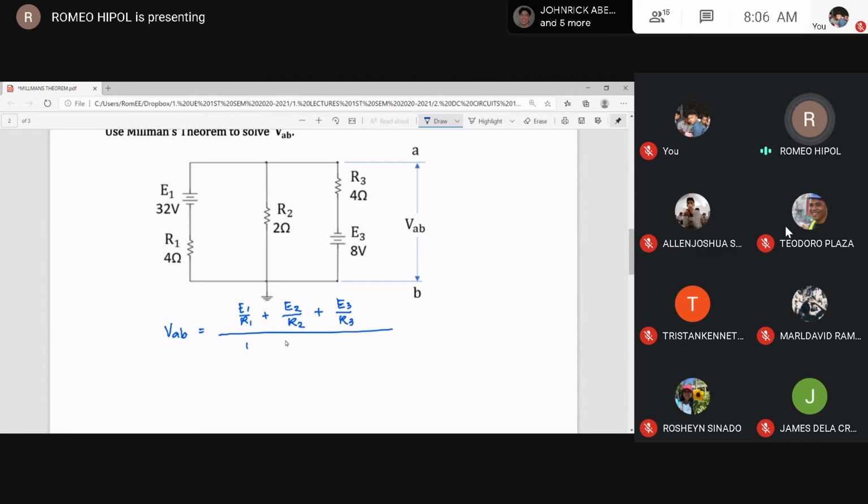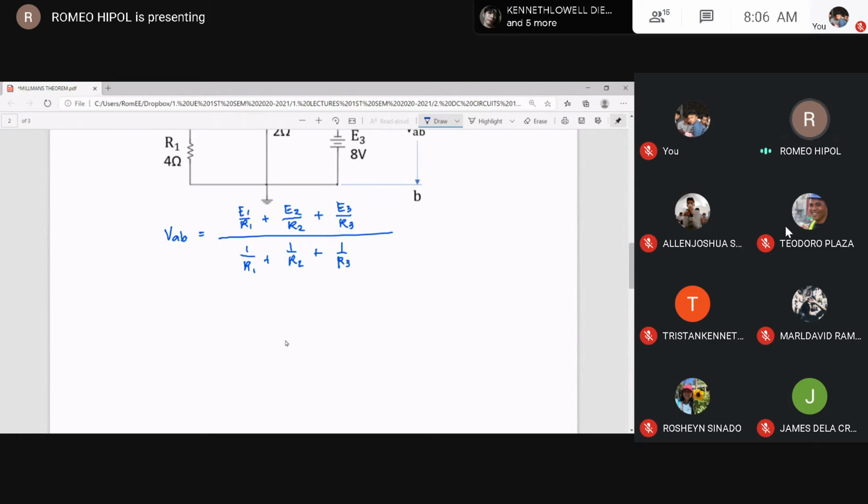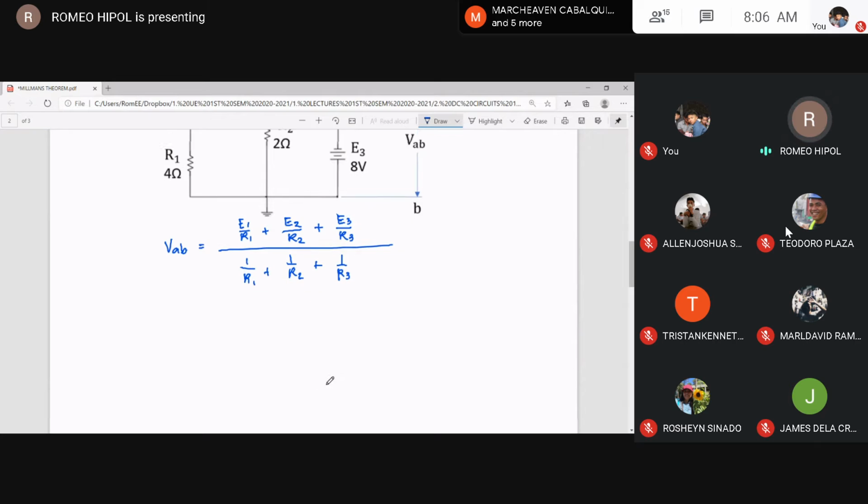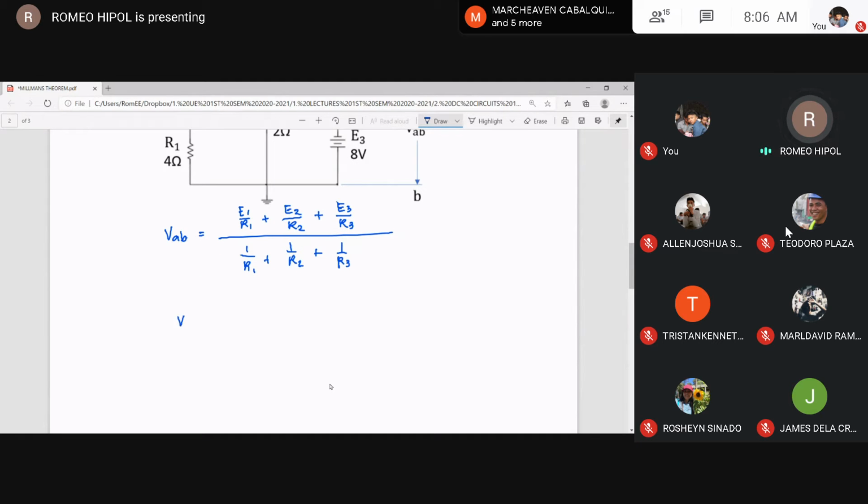So we have 1 over R sub 1 plus 1 over R sub 2 plus 1 over R sub 3. So ito yung ating formula. Then if we are going to substitute the following values,